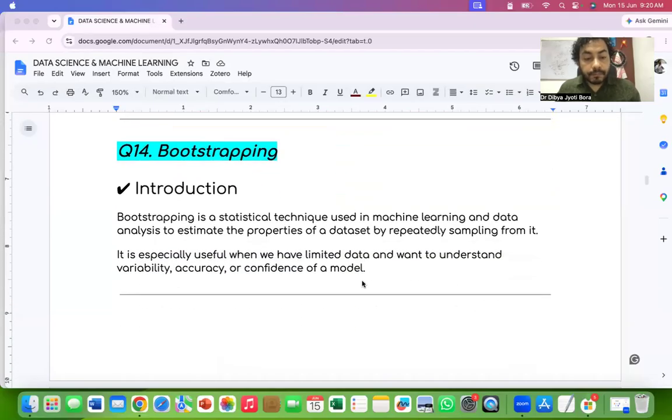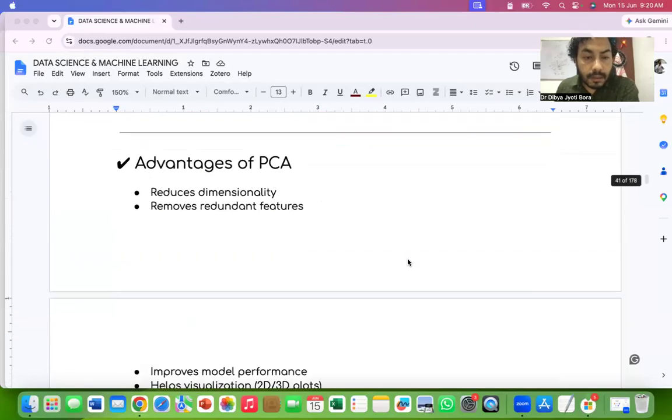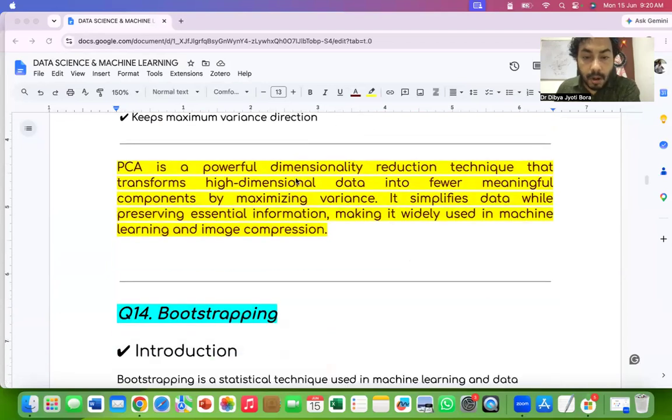So you can see, PCA to last class में हमने discuss कर लिया था. PCA is a powerful dimensionality reduction technique that transforms high dimensional data into fewer meaningful components by maximizing the